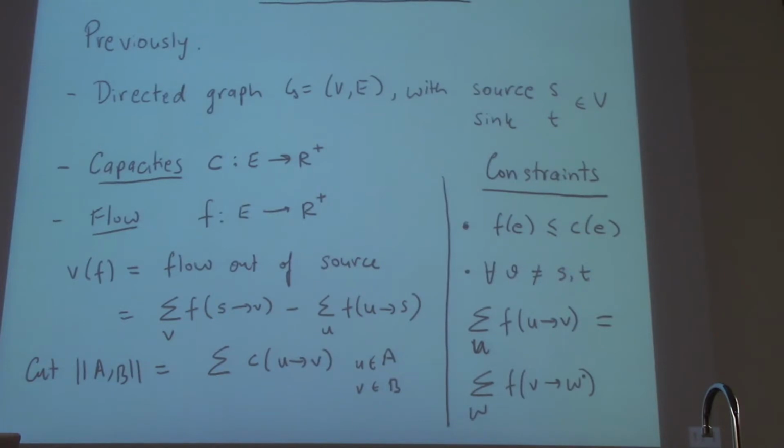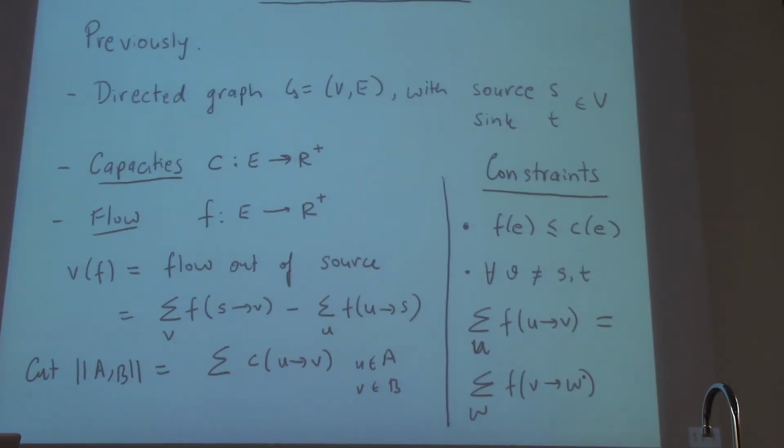We talked about flows being defined in a directed graph where you have a source and a sink as 2 special vertices in the graph. We have a notion of capacity on an edge. Again, you can think about the diameter of a pipe. You can think of flow on the edge as water going through the pipe. We defined a notion of a value of flow as basically the flow coming out of the source, or as we will see, conversely, the flow coming into the sink.